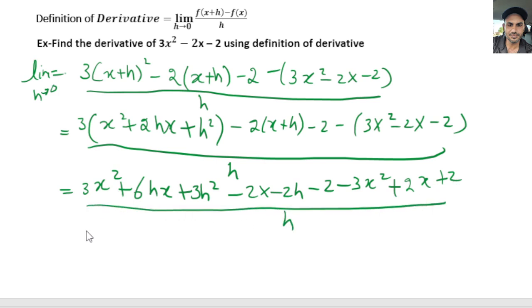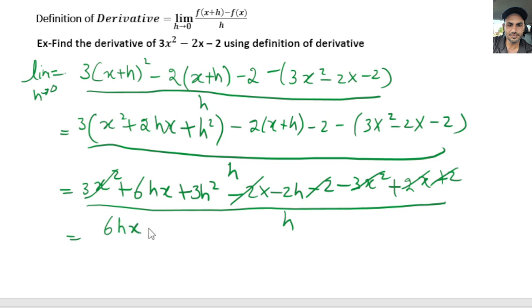Alright. So in the next step, I'm going to simplify them. So this negative 3x squared cancels this one out. So let's cancel the opposite terms. 2x cancels 2x, positive 2 cancels negative 2. I guess we are done with that. Okay, so now we're only left with